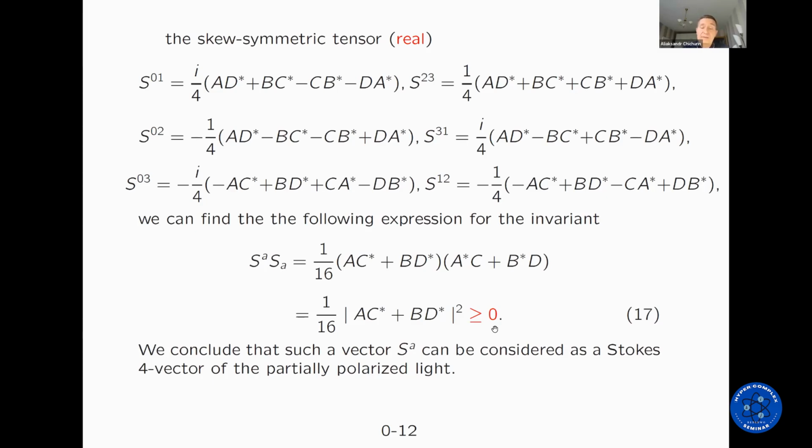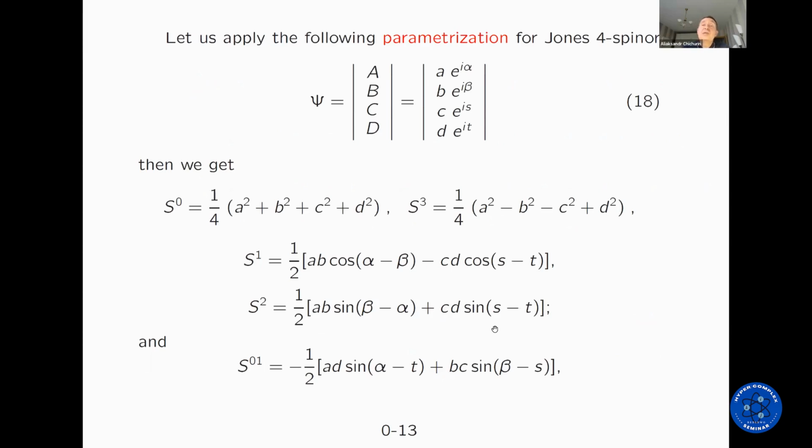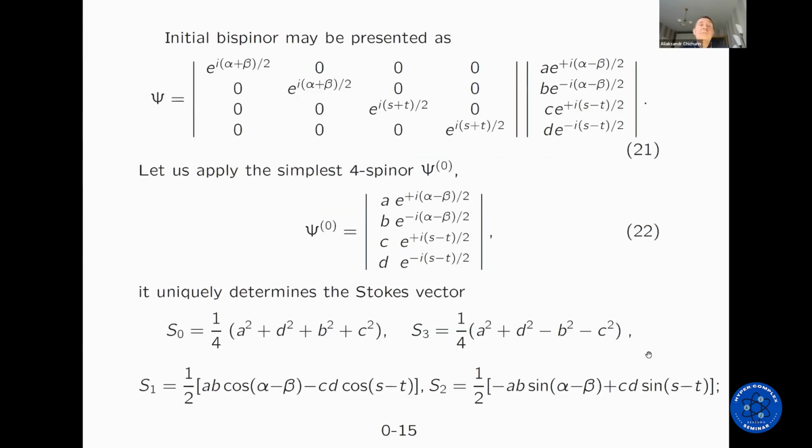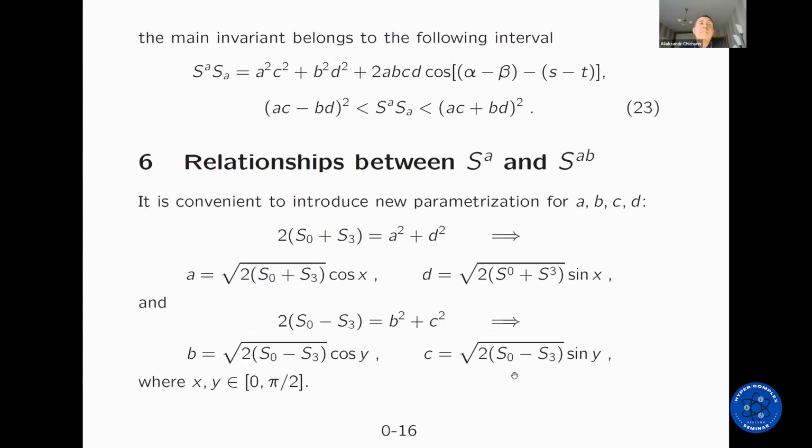partially polarized light. Let us apply the following parameterization in the form 18, and then we get this expression for the components of our vector, and the needed tensors are specified by the following parameters 19 and 20. The initial B-spinor may be represented as 21. Let us apply the simplest spinor psi0. We can rewrite it in the form 22. It uniquely determines the Stokes vector with such components, and the main invariant belongs to the following interval